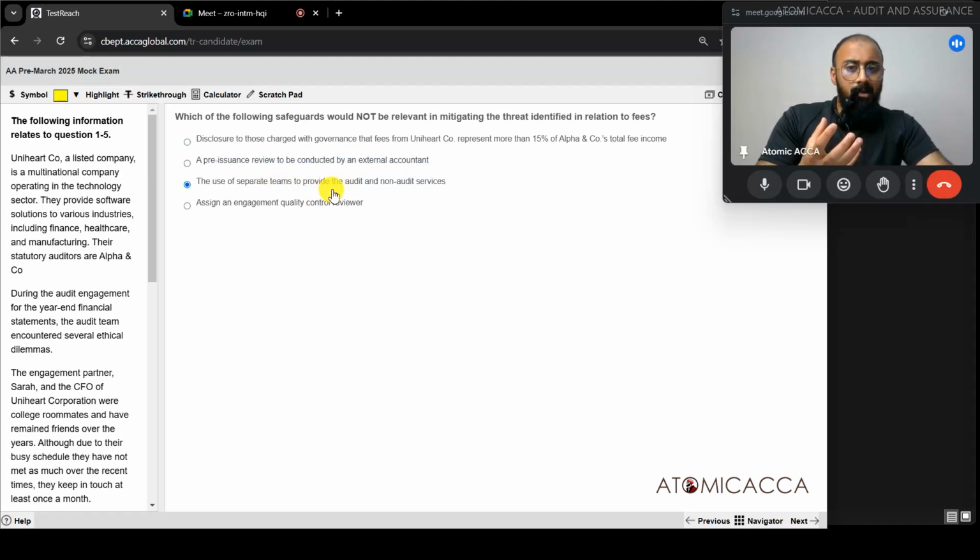Now, regardless of who does the audit or non-audit service, whether it's the same team or a different team, it's not going to solve the problem about fee income. Here it's not about whether self review threat is there or not. It's not about self review where the same team does the audit and non-audit service. In that case, we can solve the problem by splitting the team so that the same team will not be reviewing their work over and over again.